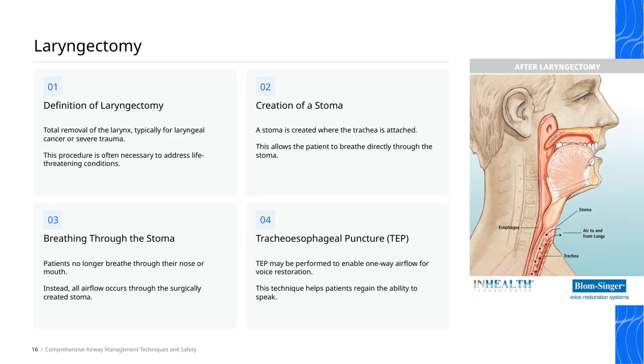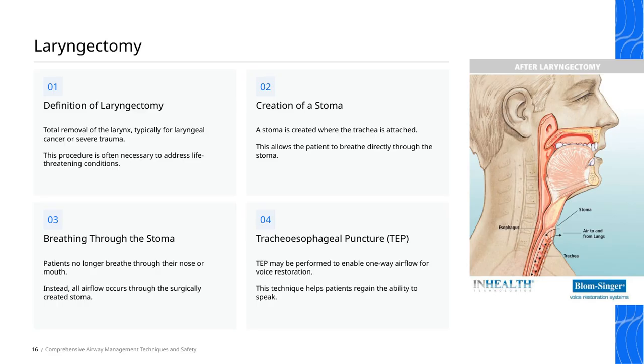To give you a clearer picture, the stoma is made where the trachea is attached to the skin. This opening is vital for breathing post-surgery and requires careful management to ensure safety and functionality. Overall, a laryngectomy involves the total removal of the larynx, typically because of cancer or severe trauma. While it's a life-saving operation, it also means adjusting to new ways of breathing and speaking. These airway management techniques, like creating a stoma and performing TEP, are essential parts of restoring safety and communication for